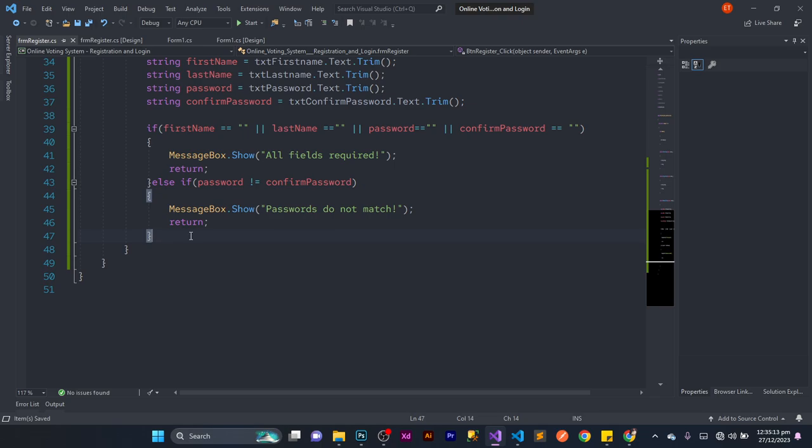Okay, all right. So if we are able to get past this, then we can go ahead and say else, and we can go ahead and perform registration logics. All right, now before we go ahead and do the registration, we need to set up our database and import some few libraries into our project before we can do that. I'm going to be using MySQL Database, so I'll be using XAMPP